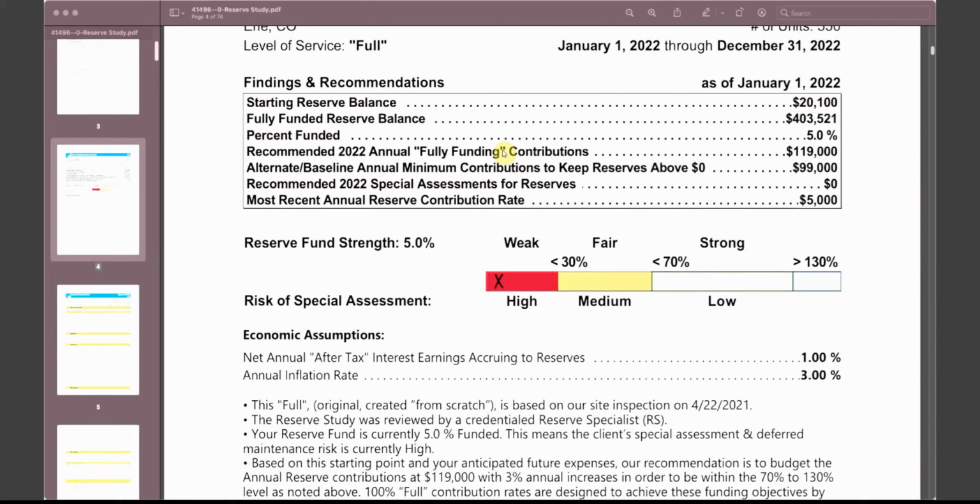And then the other number on here that is kind of important, more so just for a snapshot of the health of the reserve fund, is this percent funded. We include that just because we have found a strong correlation between percent funded and risk of special assessment in the near future. So being in that less than 30% category does carry a high risk of special assessment, but